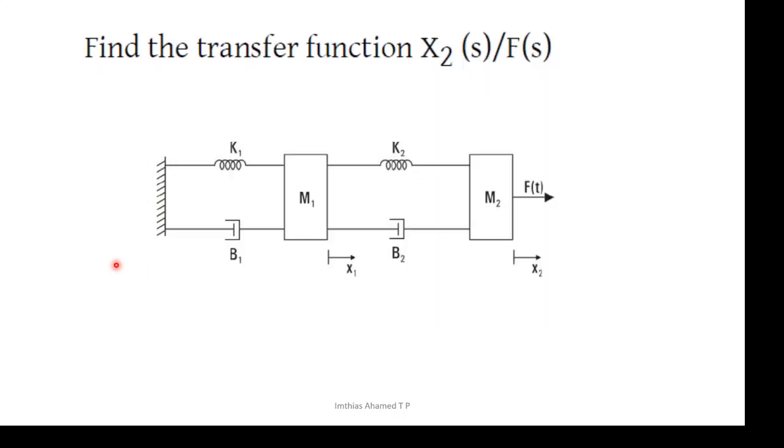So we are considering this is the second video lecture for transfer function. We are considering a little more complicated example. Here you see there are two masses, mass 1 and mass 2. In the question it is asked, you find the transfer function X2(s) by F(s). I could have asked you X1(s) by F(s) also. So when I am asking you X2(s) by F(s), the output is x2 and input is